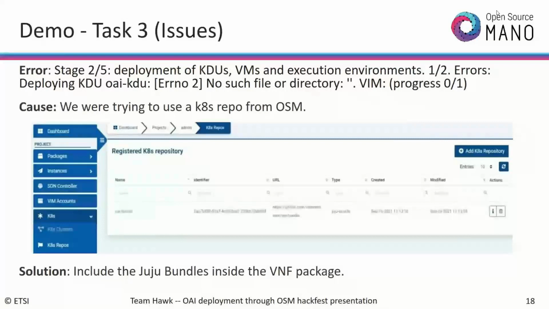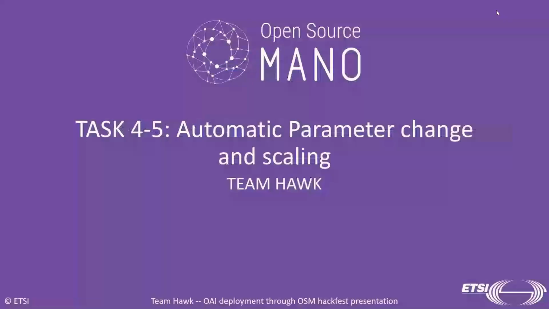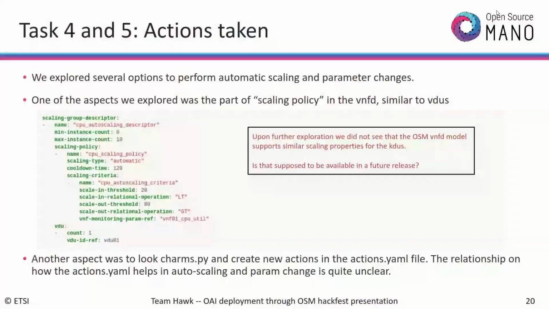That's about it. So then we move on to task 4.5, automatic parameter change and scaling. I'll be talking about this part. So basically, we explored several options to perform the automatic scaling and parameter changes. One of the aspects that we explored in some of the tutorials was the scaling policy part in the VNFD, which is similar to the videos. But once we explored it, we realized that in the model, the YAML model, the Yang model, sorry,